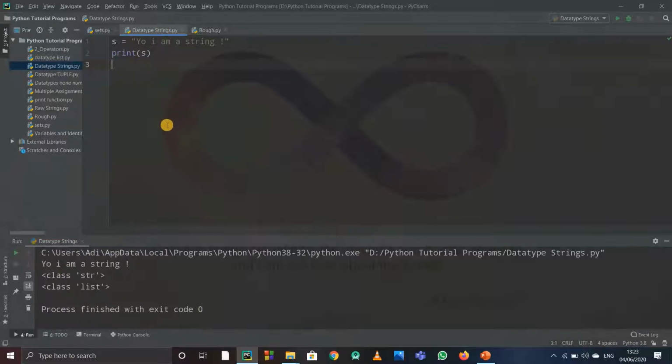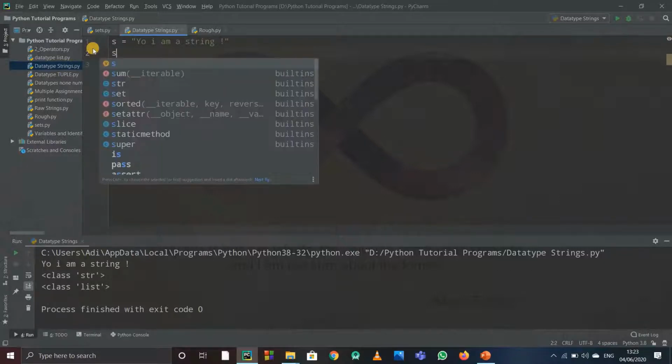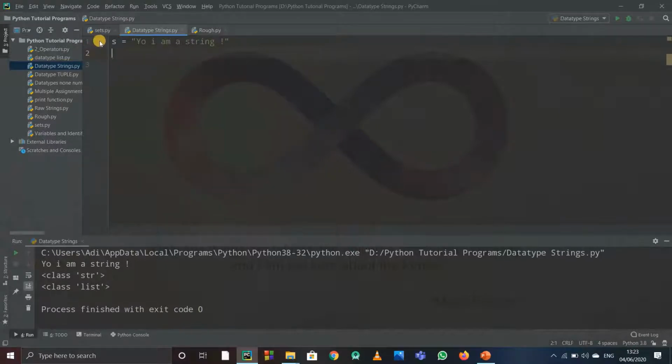There are two types of operations for now: concatenating two strings and repeating a string. Concatenating basically means adding two strings. Suppose this is my string s1, and this is my string s2, and I write s2, I am also a string.